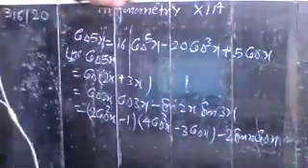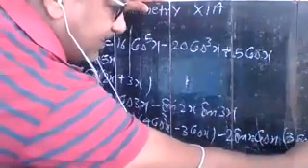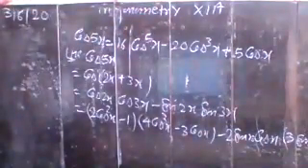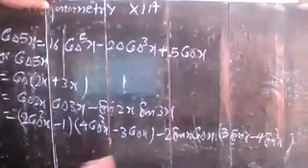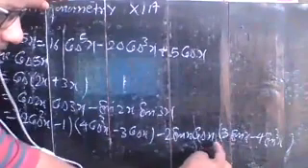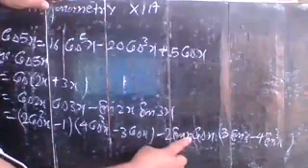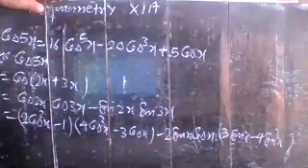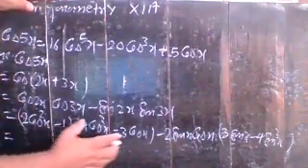2 sine x cos x, and again sine 3x can be written as 3 sine x minus 4 sine cube x. Write it in this way. Okay, so now taking sine x common from here. So if you take sine x common, here you have sine square x, which can be written as 1 minus cos square x. Means here you express all the terms in terms of cos. Understand? There are no terms of sine here. So you reduce it, and here you multiply the terms.